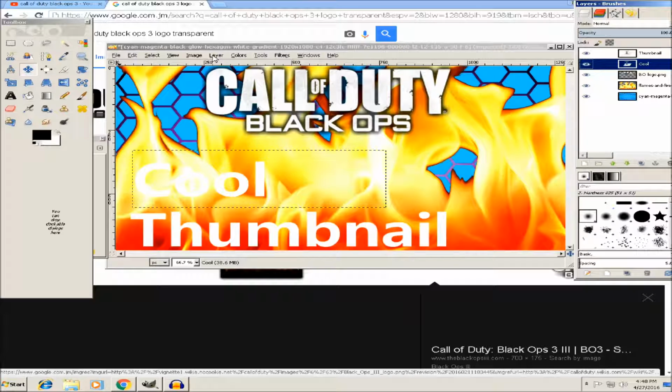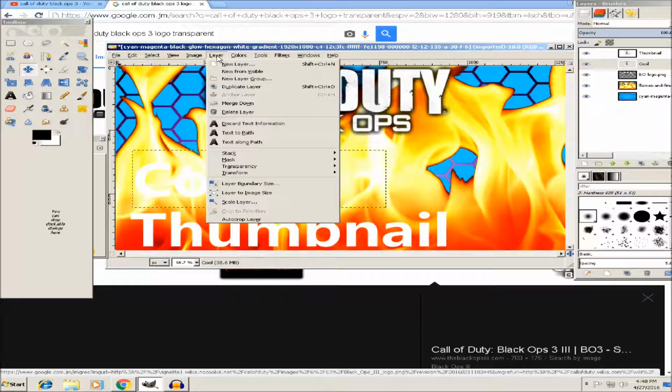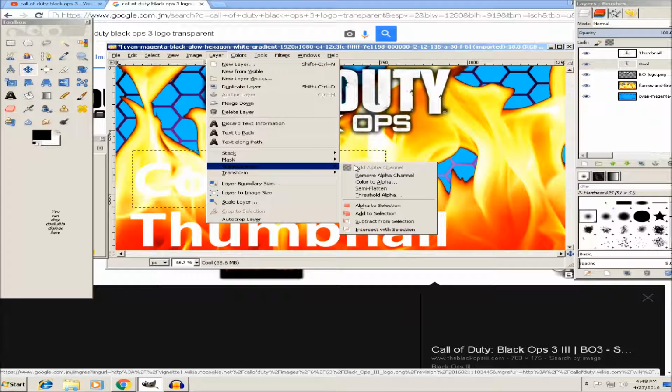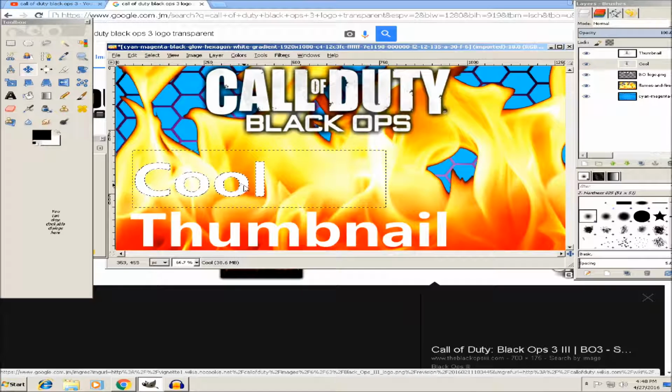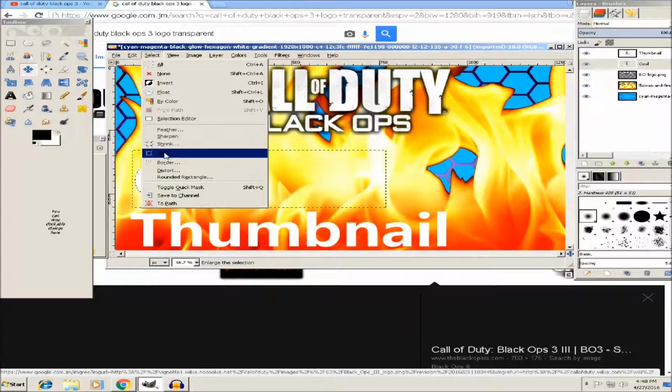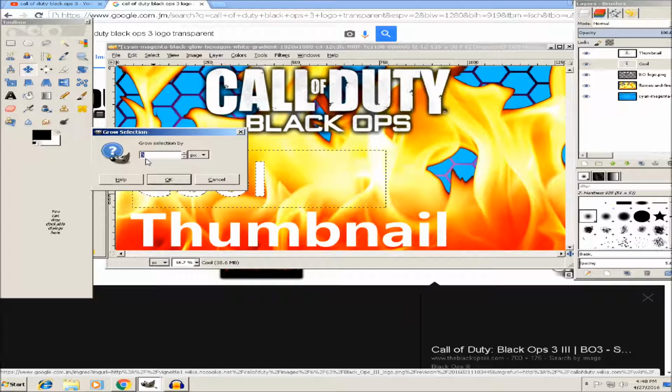Then what you want to do is click on layer, then click on transparency, then click on alpha to selection. There you go. So it should have this line just running on the word cool right now. So now I'm going to click on select, then go down to grow, click on grow, and you can type in 3 or whatever size you want. If you want to type in 5, you type in 5, but I'm going to use 3 for this background,